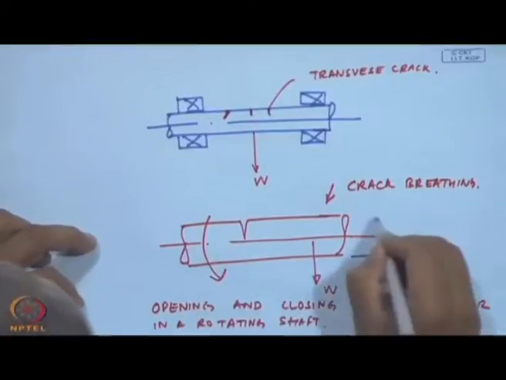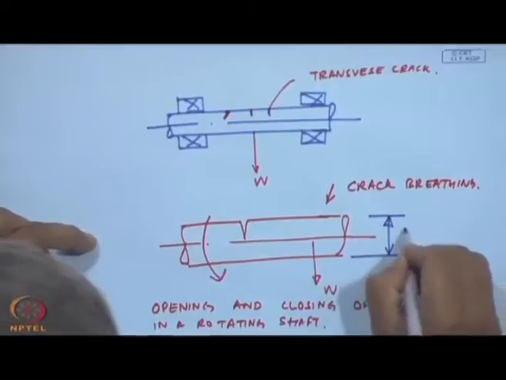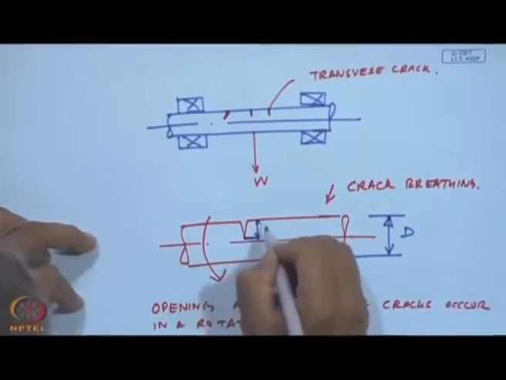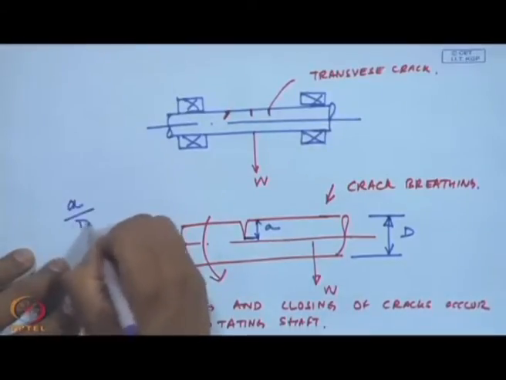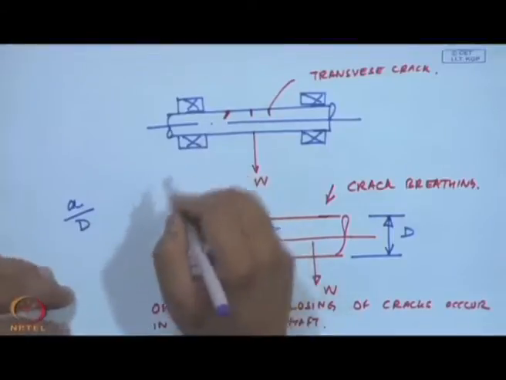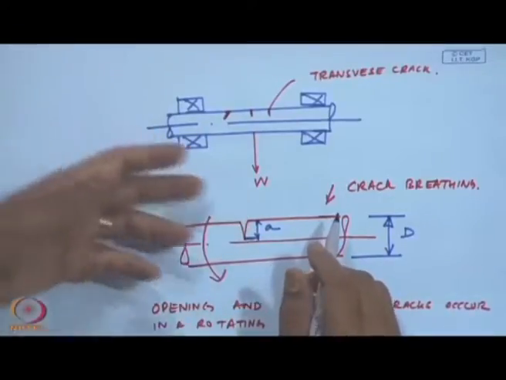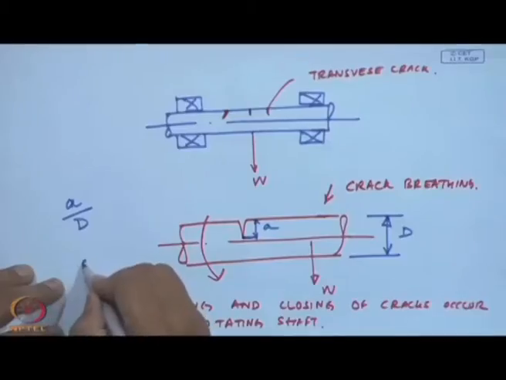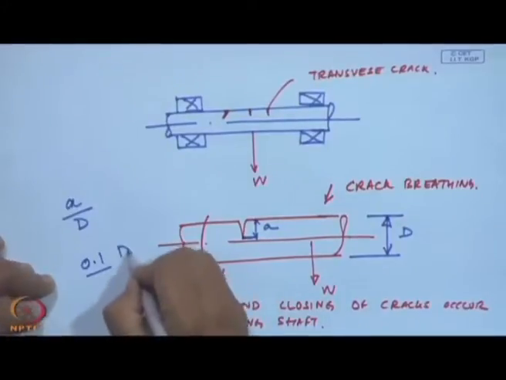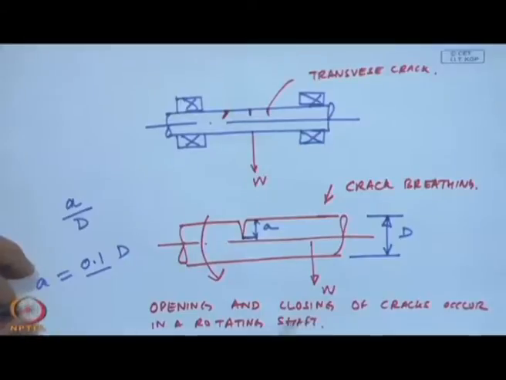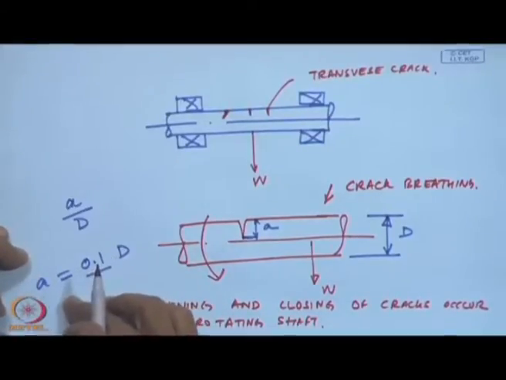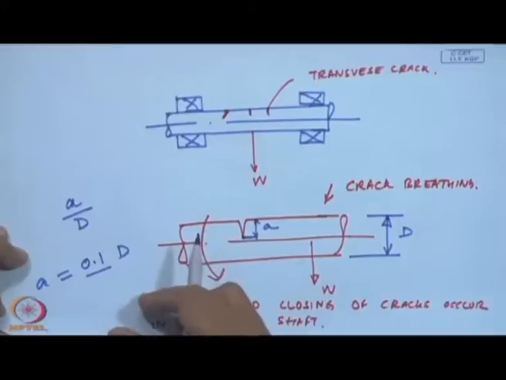Okay. And another parameter by which the cracks are defined is, if this is the diameter of the shaft as d and the crack depth is a, a non-dimensionalized parameter a by d, crack depth to the diameter. And usually, of course, if a by d is 0.5, it is almost till the diameter. I mean, no system would go till even 0.5, because the structure would have become so weak, it would have failed. Usually 0.1, about 10% of the d, is the limit. I mean, beyond which we cannot have any structure